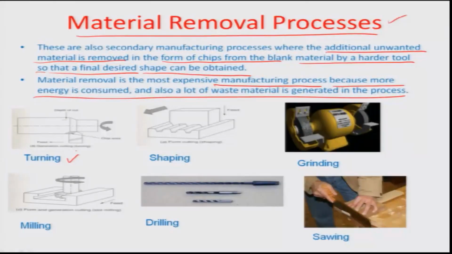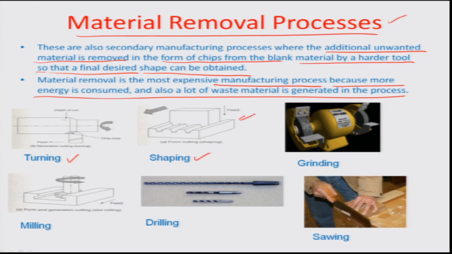Next is the turning process, which is typically done in a lathe machine where the workpiece is rotated and the tool moves in a linear manner with respect to the workpiece, either radially or parallel to the axis of the rotating workpiece. We will talk about shaping, where there is going to be a